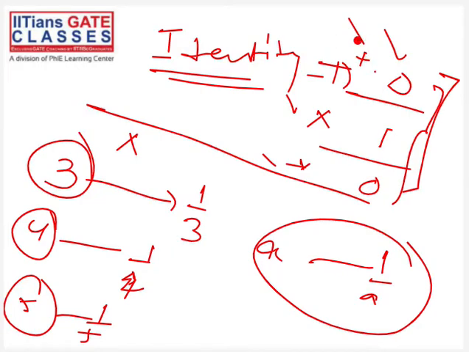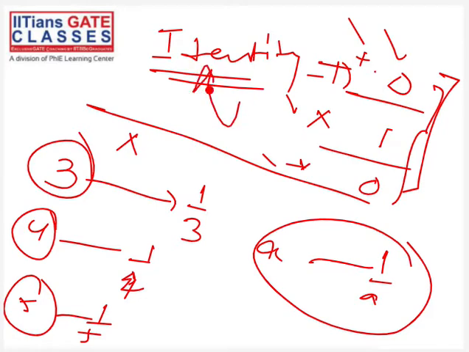Of course the base set also must be given. In all the examples that we have seen, you have answered 1 by 5, you have answered 1 by 3. In all these examples, I have not given you the base set, so you can consider real numbers as the base set. But of course the base set will also matter. Just for understanding purposes, I have not told you this. Once you understand the concept of inverse, then we will see it formally. So hopefully you got this point.